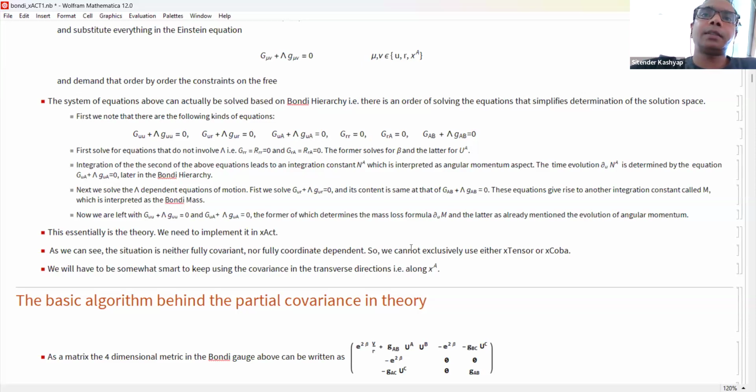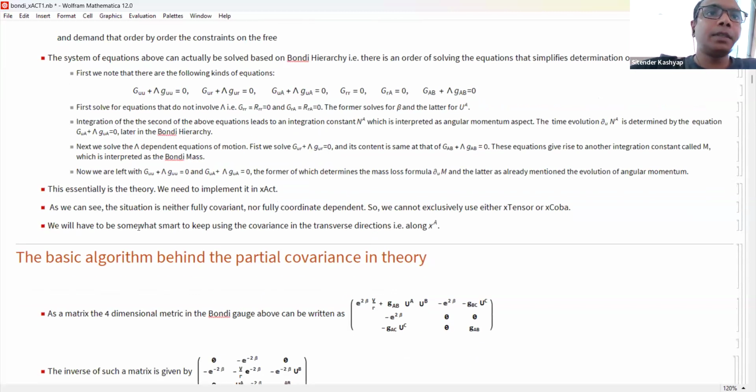So because of this, it is not very easy to see how to program this, either using xTensor, which takes all components, which is like fully covariant, or xCoba, which is like fully coordinate dependent. So we'll have to be somewhat smart to keep using covariance in the transverse direction, that is along XA. So okay, so with this